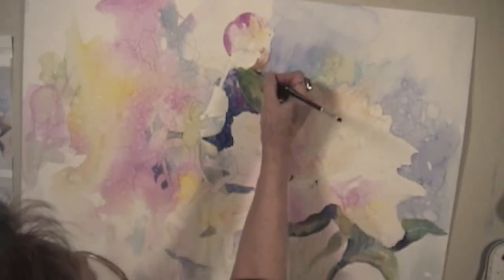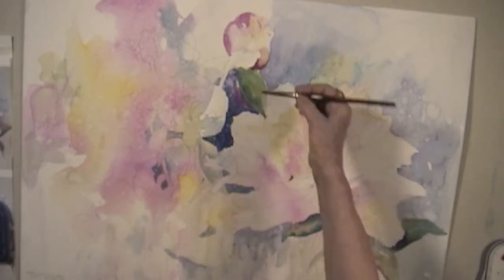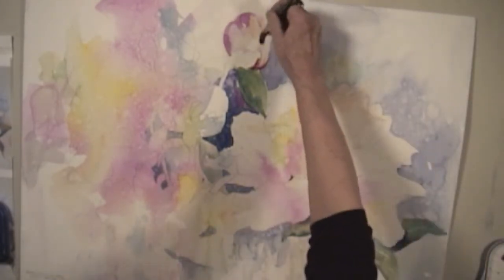I do a lot of teaching, and I try and start people out. I used to start them out with three colors, and the three colors I picked were New Gamboge, Permanent Rose, and French Ultramarine Blue. And people got very frustrated with that because they couldn't make a bright, springy green. So I said, okay, we'll add another blue. So I added Antwerp Blue. Now I call it the see-if-you-like-it supply list, because it's very expensive, and if you go out and buy 12 or 18 colors and then you don't like doing watercolor, it's not fair to put people through that. So anyway, I start them out with the four colors,